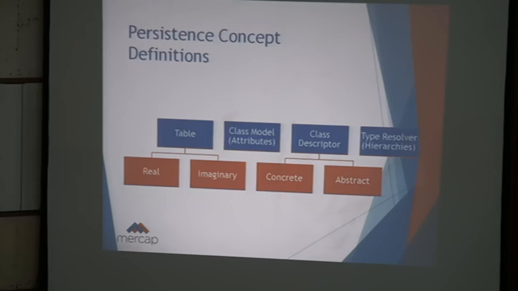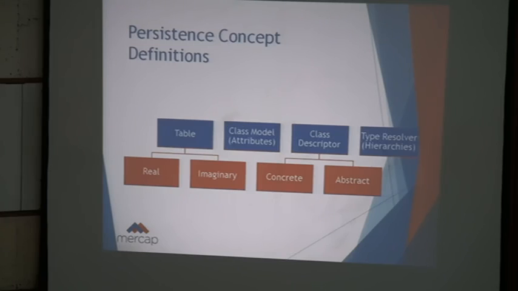You define the columns and the types. And the most important part, the class descriptor, which connects the class model with the table. The class descriptor says, okay, this attribute goes into this table, this one goes into the other, I want to define a custom mapping for this one. It's the most complex part. Those are Glorp concepts,